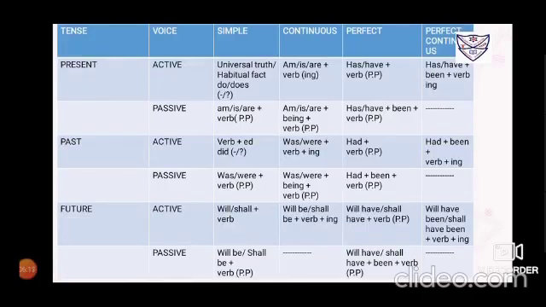Okay, let us go with the table. Now the present, simple present tense, active voice. Wherever active voice is, you can find that that is a tense table only. Wherever passive voice is, I have added those columns that can make the active passive voice table complete. So in simple present tense, the active voice would have universal truth, habitual fact, or you need to take the help of do and does when you have to convey a statement that is negative or interrogative.